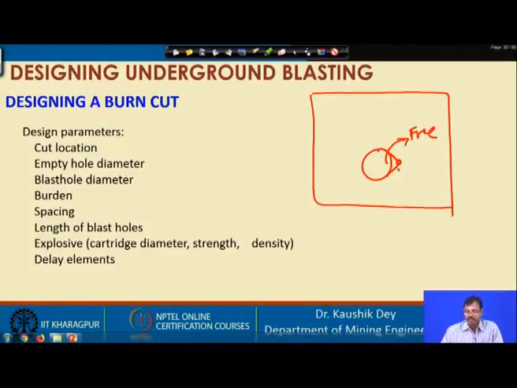So, basically this is the idea, so that after blasting of this one, you can consider this portion is excavated. Our free face is now like this, and then the next hole which is blasted at this position will be blasted considering this is the free face, and this portion of rock will be thrown towards this direction, as this is the free face for this hole.